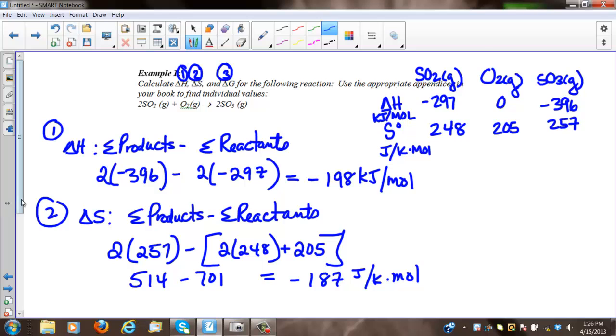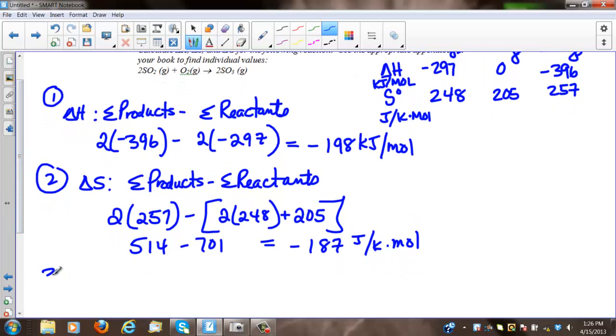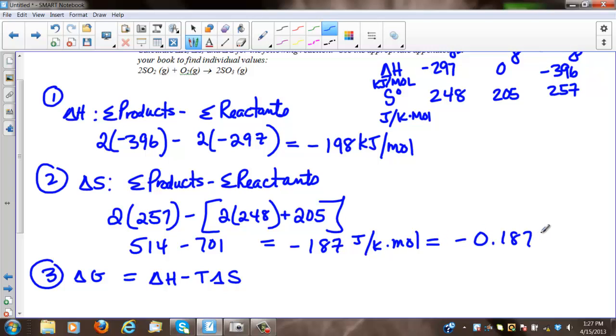Now, in the third one here, where we're solving for delta G, we have to have agreement of units, because delta G equals delta H minus T delta S. We have kilojoules per mole and joules per mole per Kelvin. So if I change this to kilojoules, it's going to be negative 0.187 kilojoules per Kelvin dot mole. Now I'm ready to plug this in, and I've got negative 198 kilojoules per mole minus